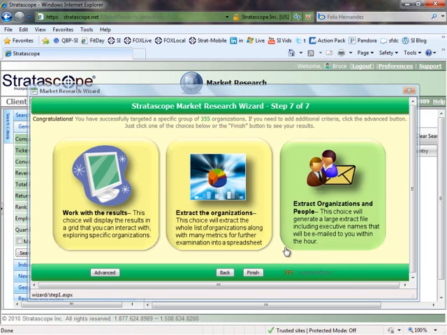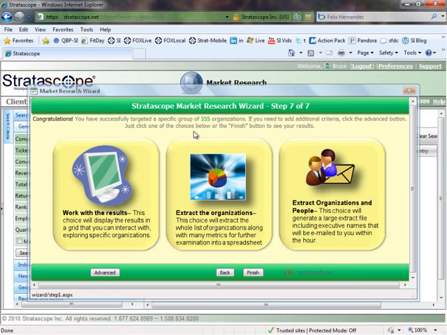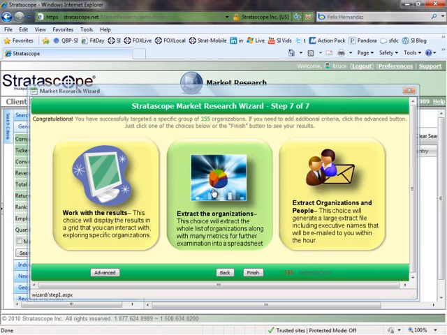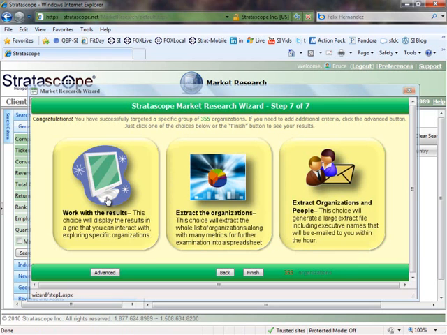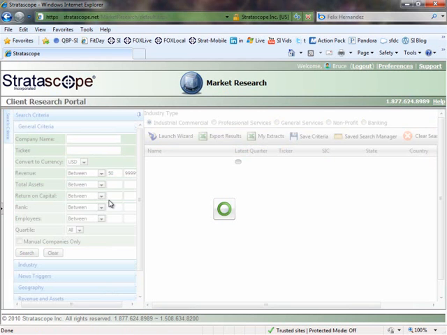Step 7 tells us, congratulations, we have tracked a group of 355 marketable organizations. I have some choices at this point. I can extract the organizations to a spreadsheet. I can extract them with the top 20 executives per account where we have them, or I can work with the results online. For today's demonstration, we'll work with the results online because this leads us right into our advanced